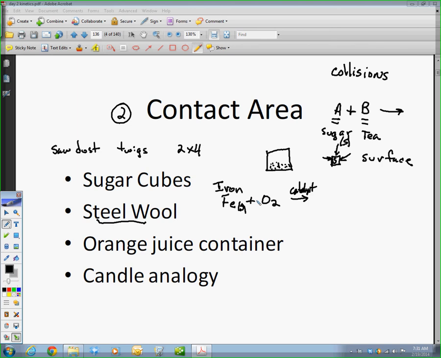Another example of the critical concept of contact area in our everyday life. Let's say, for example, you went to the supermarket and into the orange juice section. You would notice that they sell orange juice sometimes in cardboard containers. If you were to get a 1-gallon container,